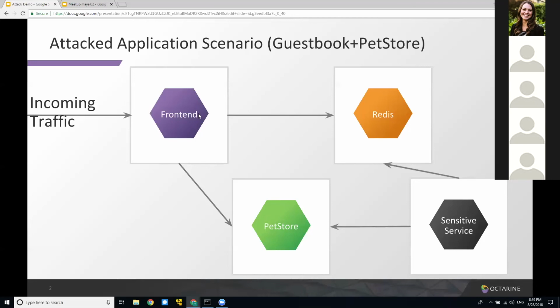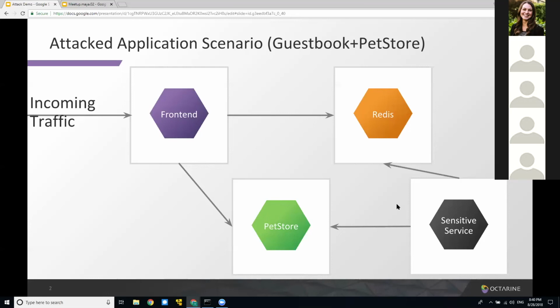Of course, one way is to use network policies and just disable the communication. In that case, we can completely disable the communication between the front end and a sensitive service, so they don't need to talk to each other.